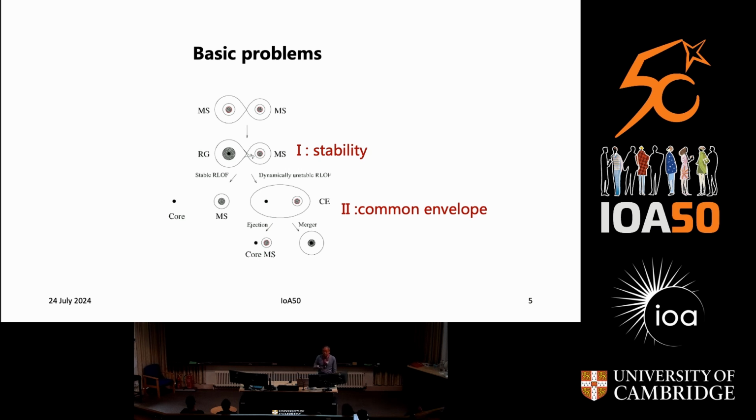The first one is, for a binary system, when the primary fills its Roche lobe, we have mass transfer. The mass transfer can be stable or not. If the mass transfer rate is not that high, we say that's stable. If it's too high, then that's not stable. If the mass transfer is stable, then we can get a wide binary. If it's not stable, the binary system can suffer